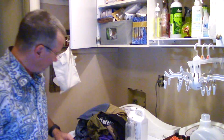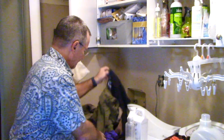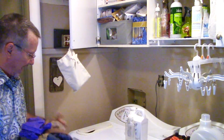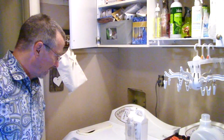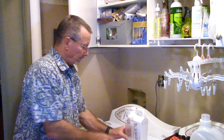Got a Grand Canyon shirt here. Got one of my favorite Second Amendment cowboy shirts. Survival on Purpose shirt. Oh yeah, hog holster shirt. Several others, I won't bore you with all that. We're going to put all these in here, and that's not at all a full load. So we got about probably 10 t-shirts in there. Not very many. I'm going to close this thing up, open it up, put it on a warm cycle,